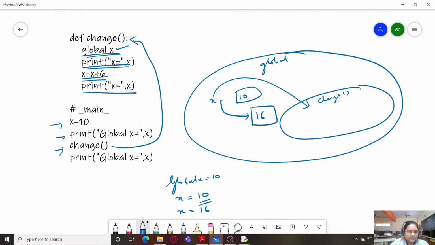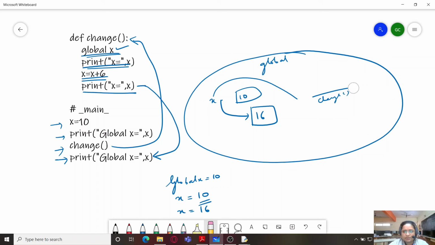Then after the last statement of the function change has finished its execution, the control will come back to the print statement. So now change disappears from the context, because its lifetime is over once it has completed its execution.